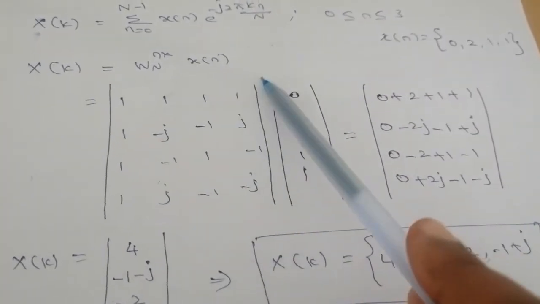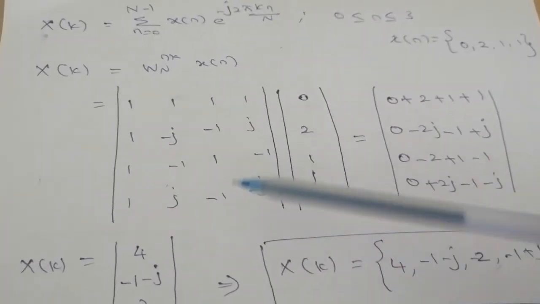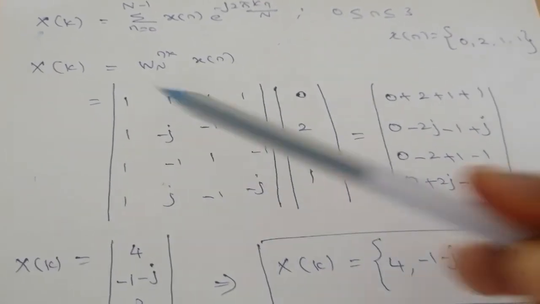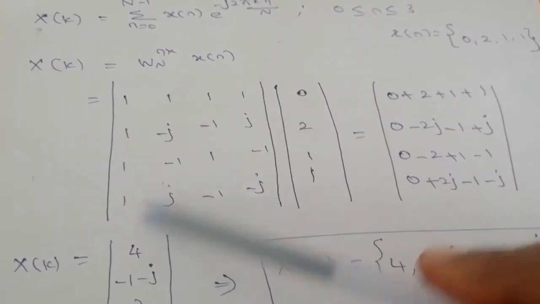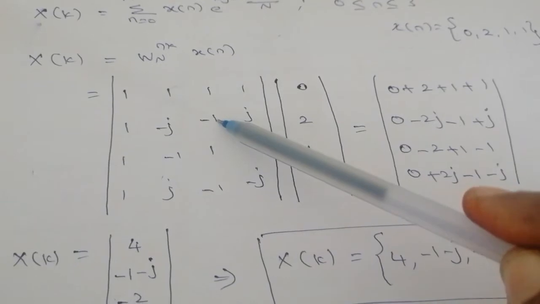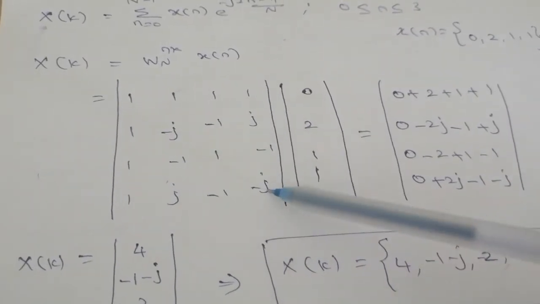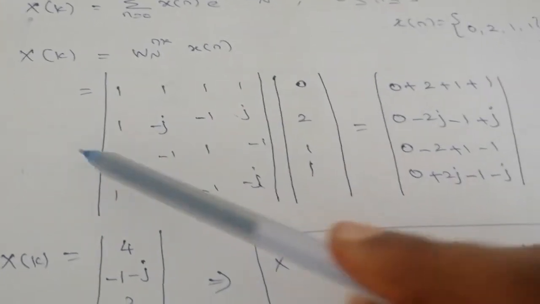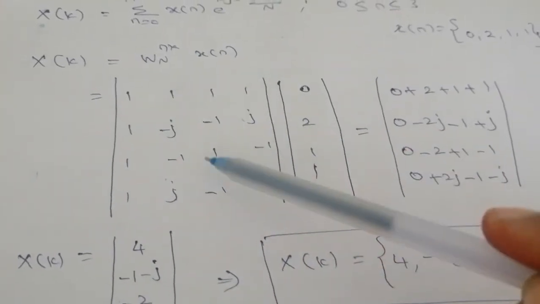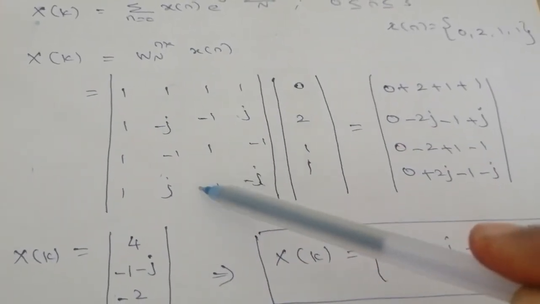So this is the matrix method formula. This is the common matrix for 4 cross 4. Okay, so the first row, first column is 1, and these corner 4 values are -1, the center values are 1, then this value is -j, the opposite value is -j, plus j, plus j. So this is the general matrix for 4 cross 4, that is capital N equal to 4.